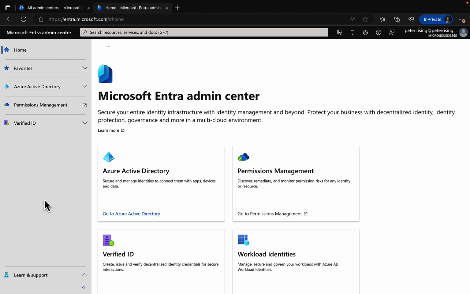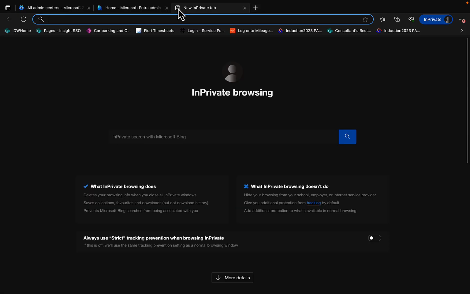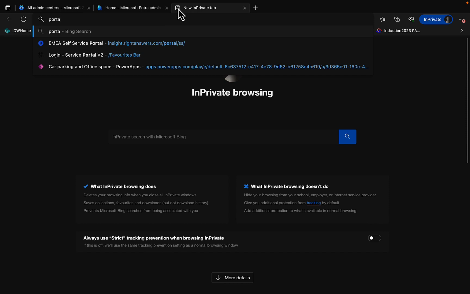Now, those who have been working with M365 and Azure AD for quite some time will think, well, historically, I've managed Azure Active Directory from the Azure portal. And you'll notice Azure AD took us right into Entra, not into the Azure portal. That's because Entra is where Microsoft wants you to be managing this sort of content going forward. They want you to be in the Entra admin center. That's not to say that you can't still do it from the Azure portal. You certainly can. Let's show that point right now by going to